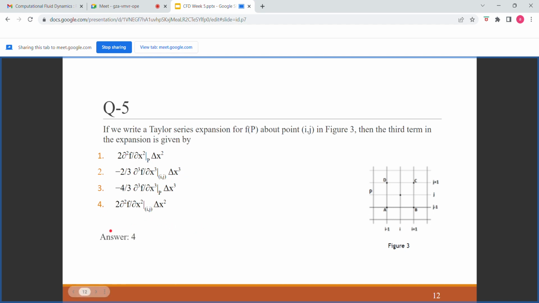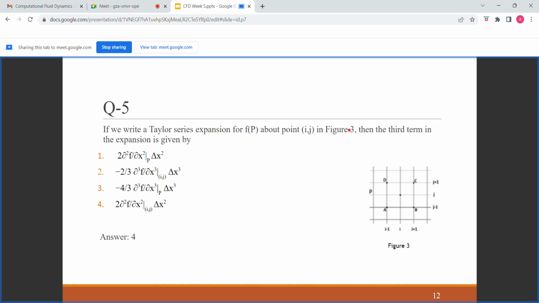So it is given that the answer is option 4. So what is the Taylor series expansion? That is f of x plus delta x is equal to f of x plus dou f by dou x into delta x plus dou square f by dou x square into delta x square by 2 factorial. So the middle two options are not there because if we write it, the answer to this